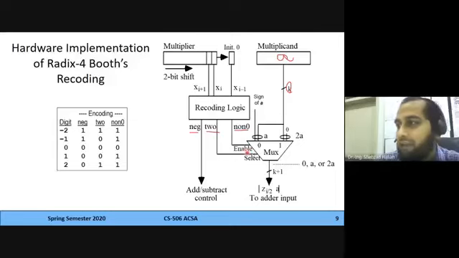But here it's shown as an enable signal. So if the whole multiplexer is not enabled, it can give a third input as well, which would be 0. So this way, we can have 3 inputs coming out from the multiplexer: a 0, A, or a 2A. And additionally, we can have a negate signal, which is going in the same way that